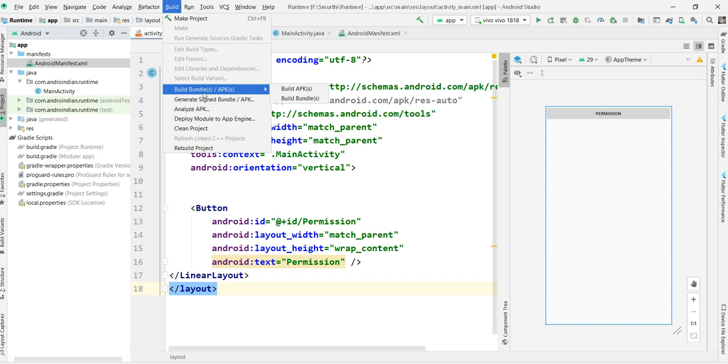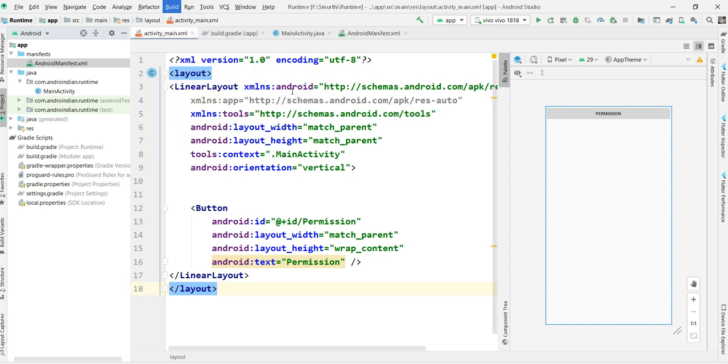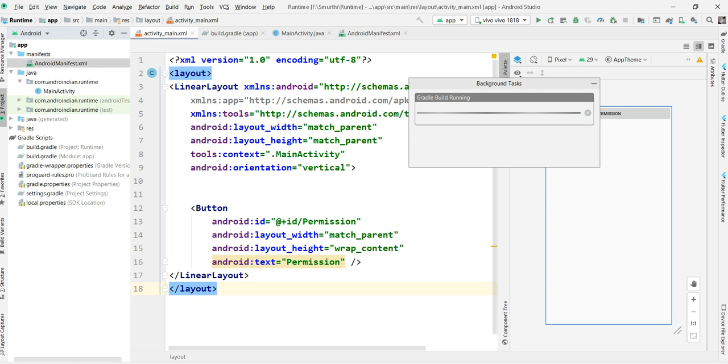Whenever you want to give an APK in debug mode, you can directly use Build APK. Just click on it, and automatically, without asking for any details, it creates an output file. See, the process is going on. Once it is completed, we can see this APK within your project.